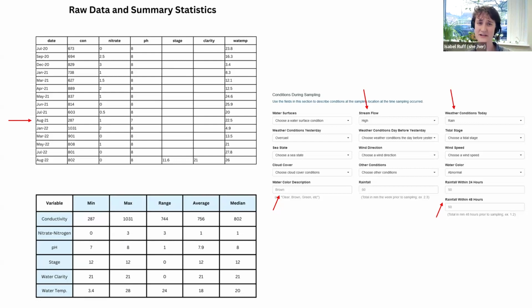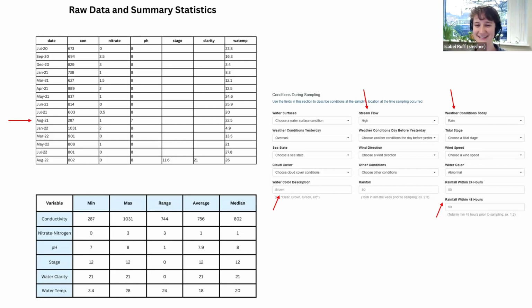And so really, I was curious as to what might be going into this. I know a lot of the time there's a relationship between flow and conductivity. And unfortunately, we started measuring stage a year later. So I don't have stage measurements that I can refer back to. But if you go back to those data sheets and the qualitative parts at the beginning where we talk about what the stream flow looks like and the weather conditions, the color of the water, I can piece together some things from there.